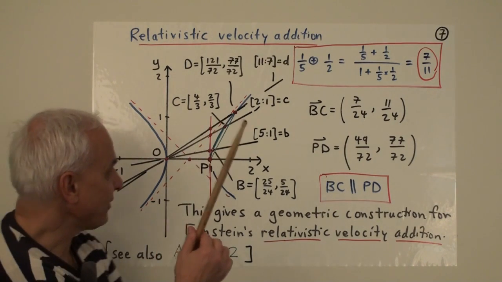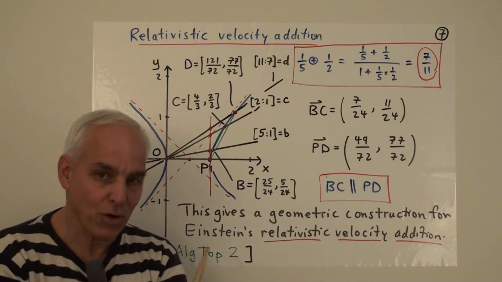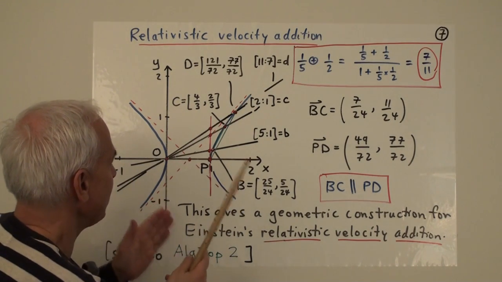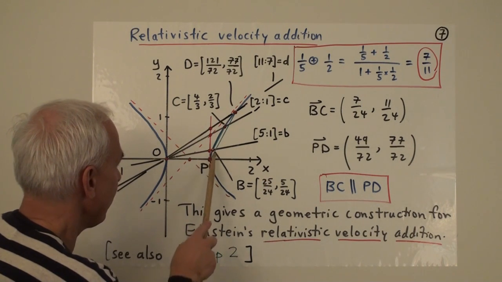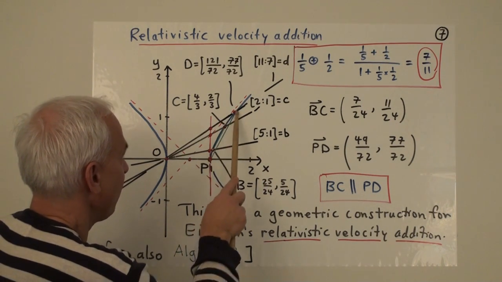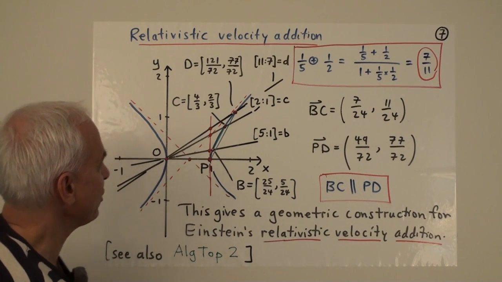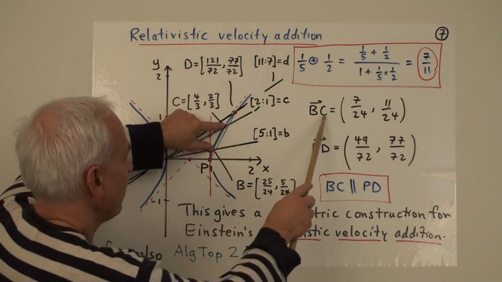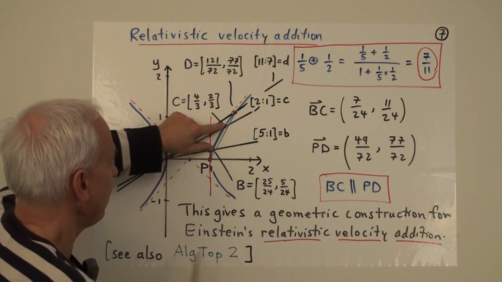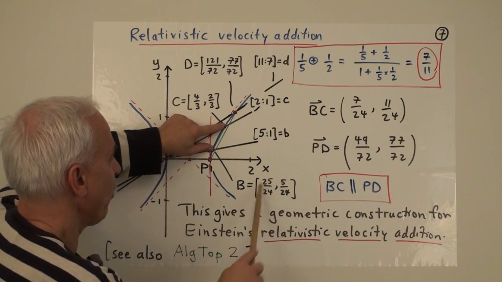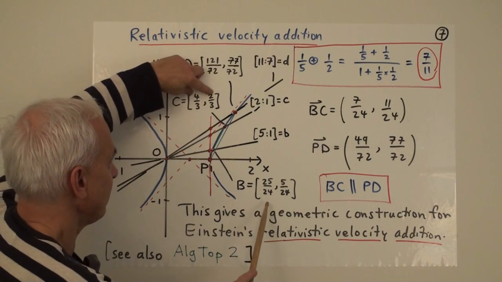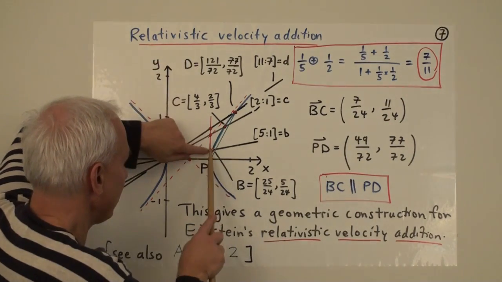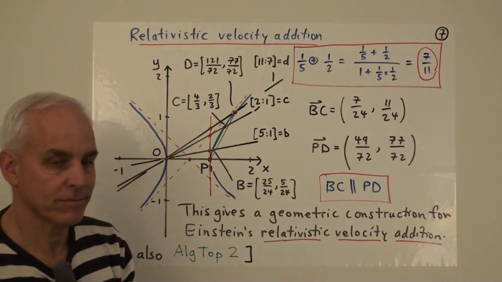So I want to explain that basically the same picture that we've just been looking at suffices to show there's a geometrical relationship between these 4 points: P, this point B, this point C, and this point D. And we can see that by just looking at the vector from B to C. It's just taking the difference between this point here and this point here. Okay, so that minus that gives the vector 7 over 24, 11 over 24. That's the vector from capital B to capital C.